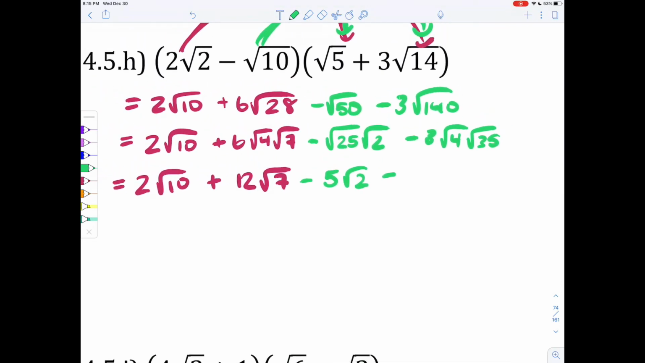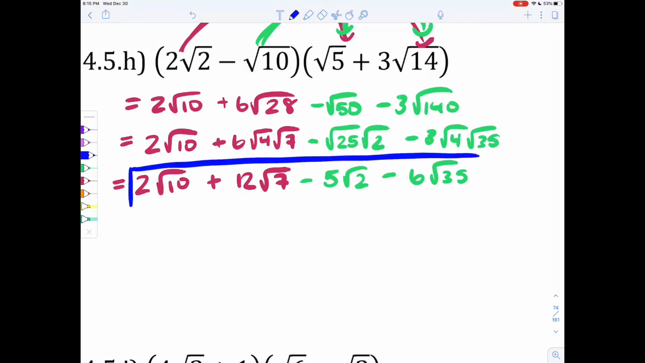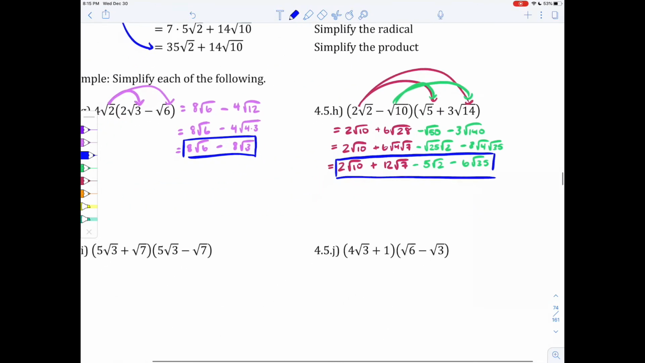Yeah, it was scary. Okay, negative 3 times 2 gives us negative 6 root 35. And it looks like there's nothing to collect there, but I know that I've done my due diligence. I've simplified everything as best as possible, and now I can move on to this one,